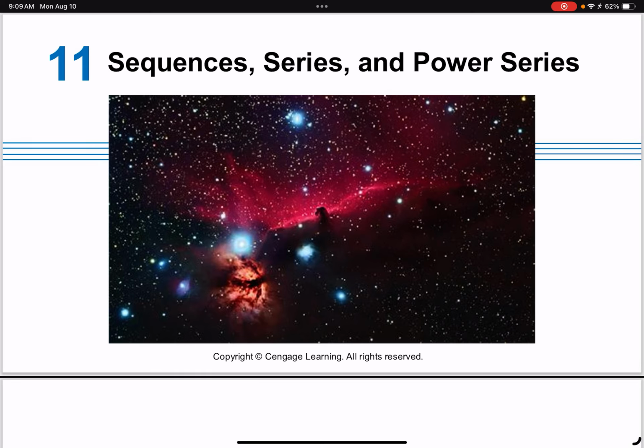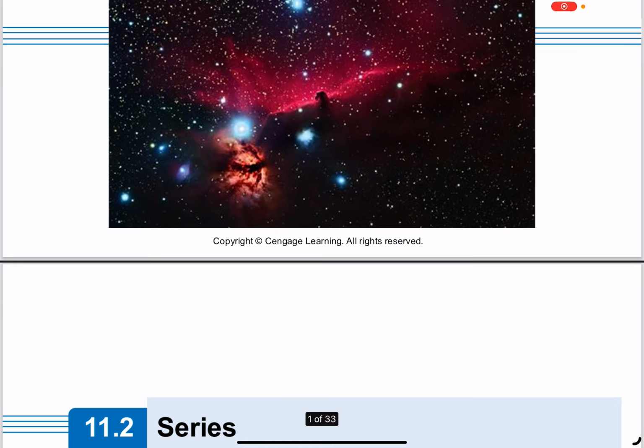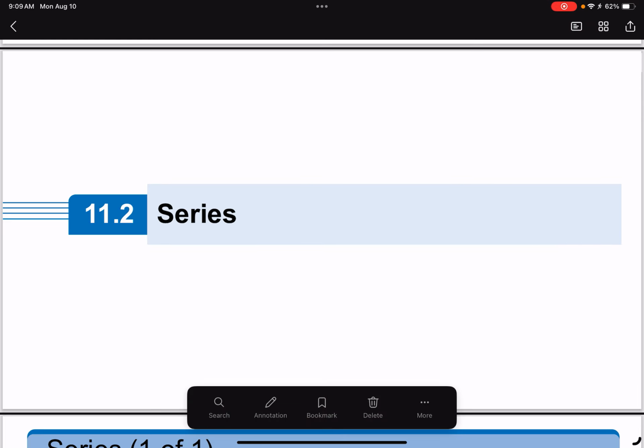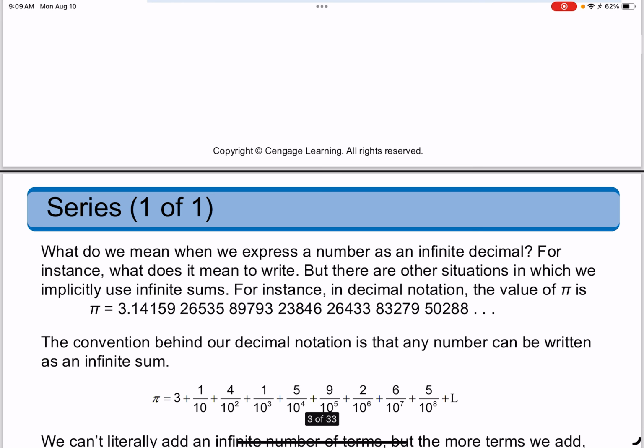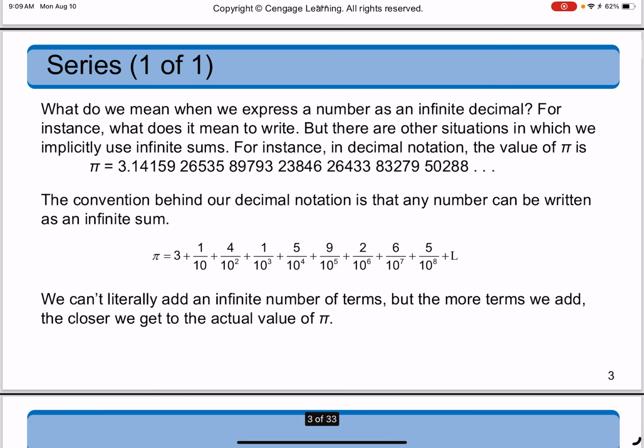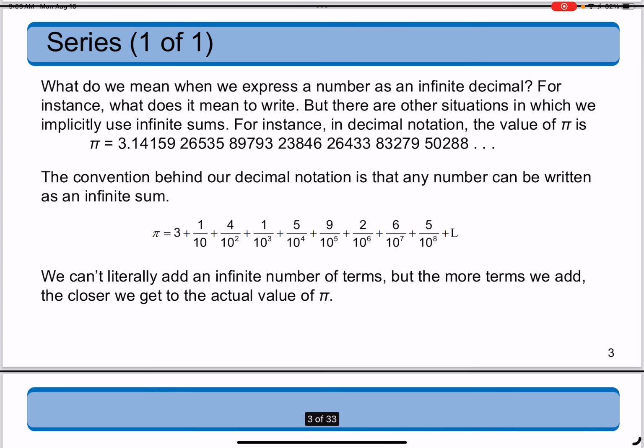Good day, everyone. Today we'll be discussing series. What do we mean when we express a number as an infinite decimal? For instance, what does it mean to write this? But there are other situations in which we implicitly use infinite sums. For instance, in decimal notation, the value of pi is